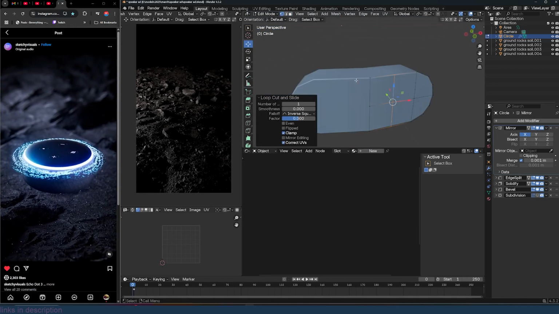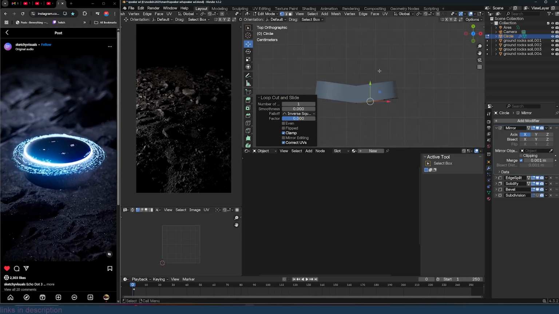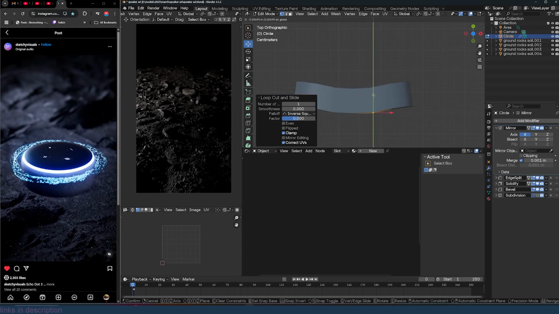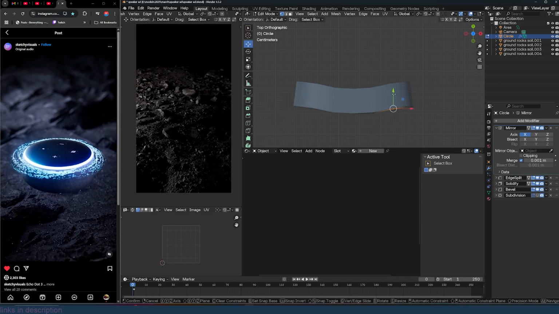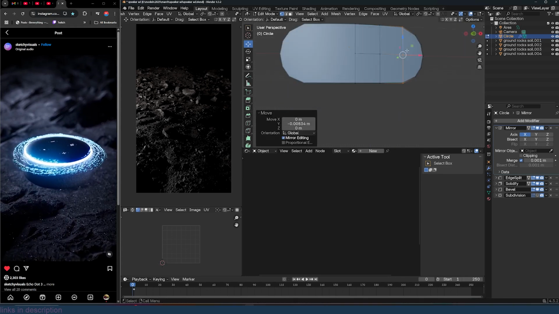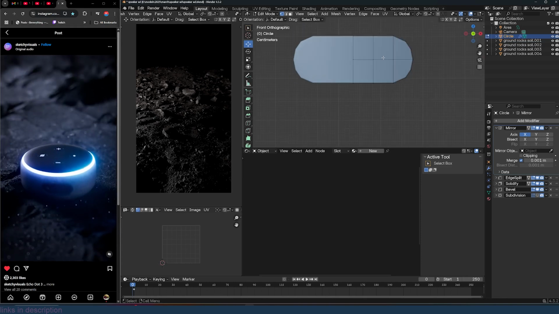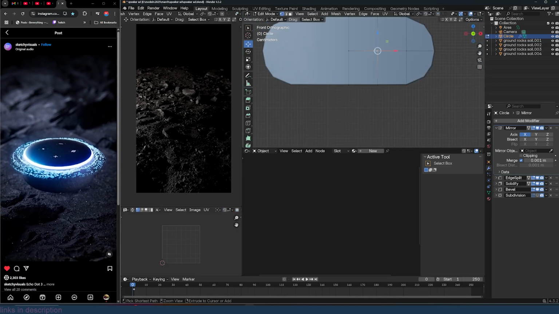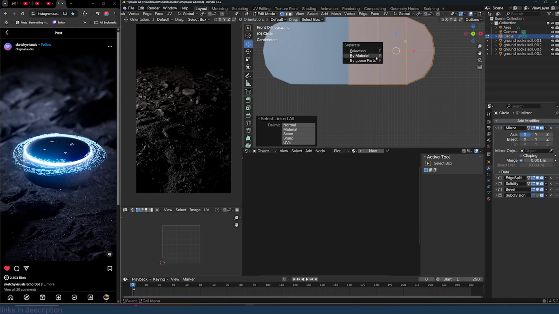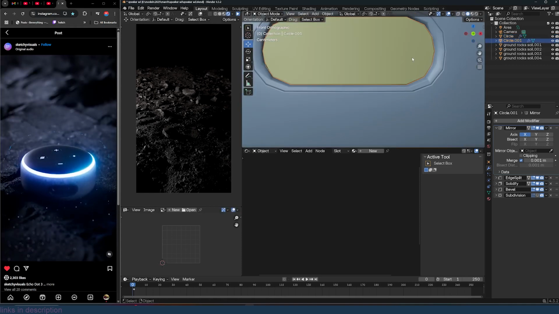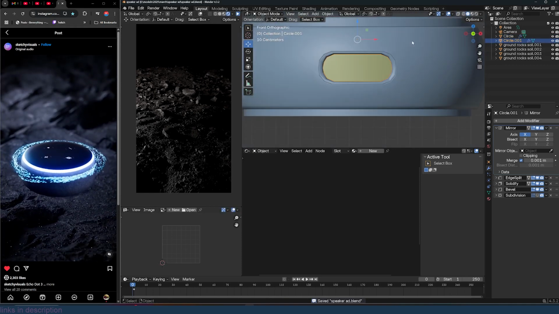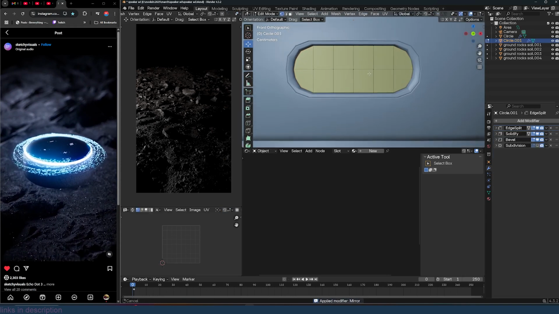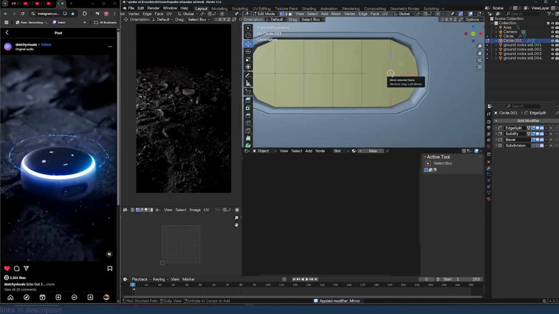And remember, any subdivisions you add in, you have to adjust it to make sure that it follows the curvature. And actually, let me separate this into its own object using P, separate. Yeah, so this, I can apply the mirror,